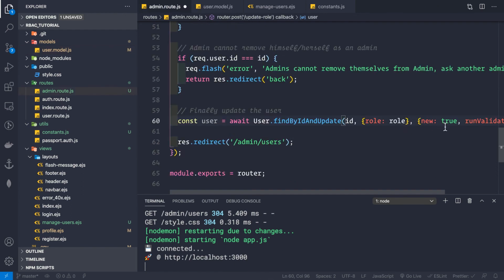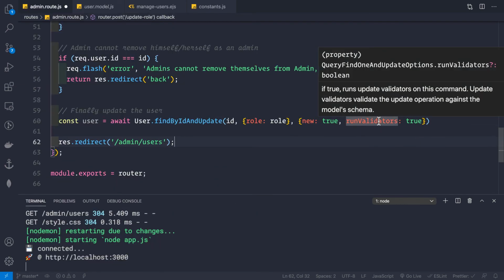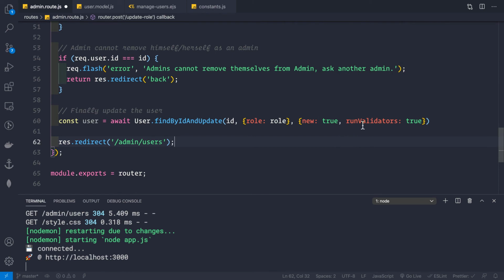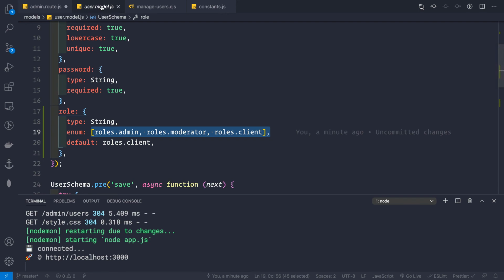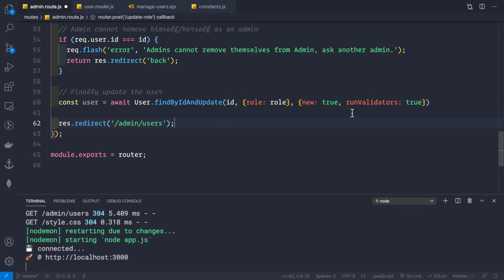So therefore if we provide this value, that is runValidators to be true, it will make a check every time a document is saved inside the collection from this enum array. Though we are not going to require this because we have already made a check here inside this roles array includes roles, otherwise it would be an invalid role. But again you should know this, that we can also use this thing here, that is runValidators.